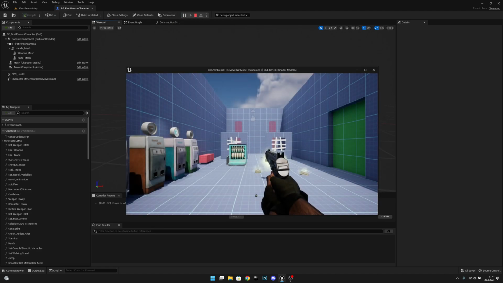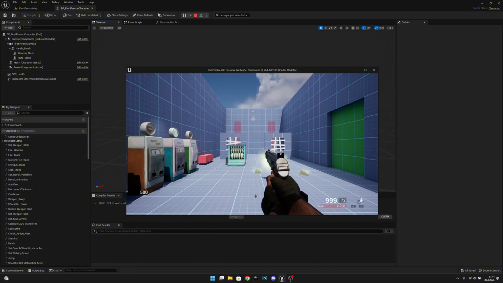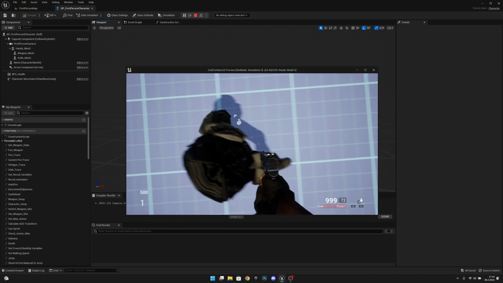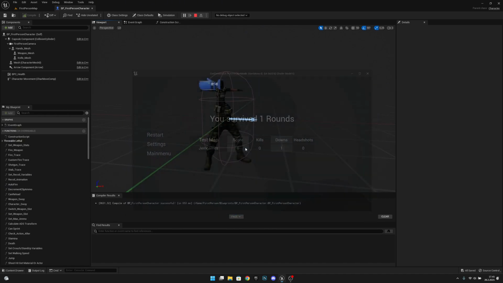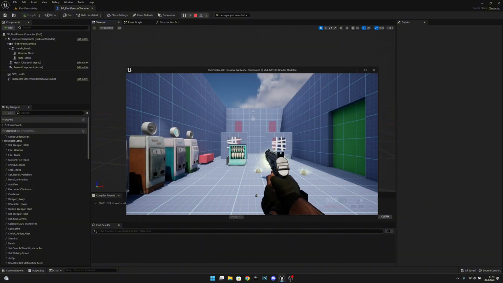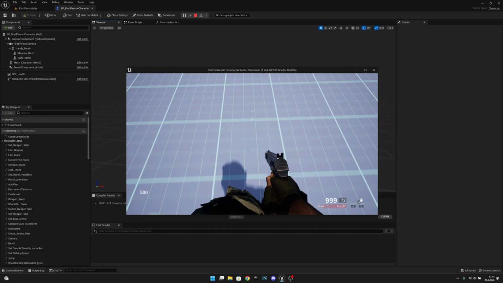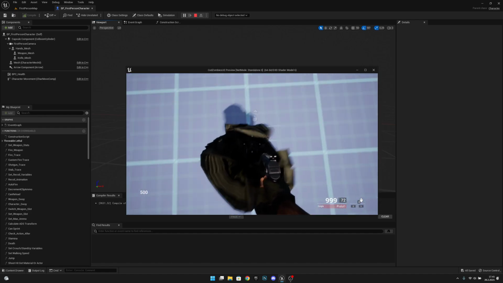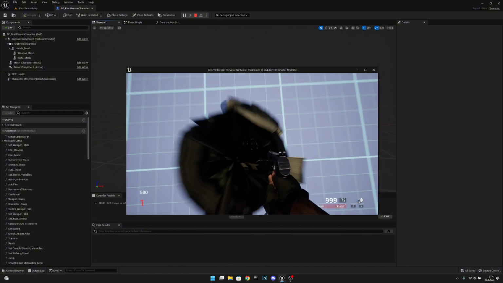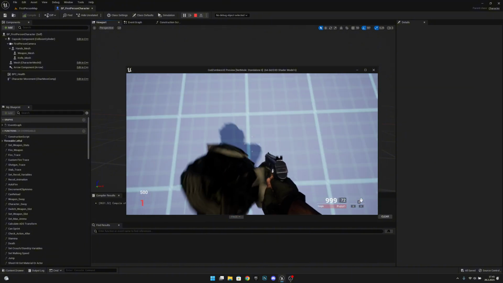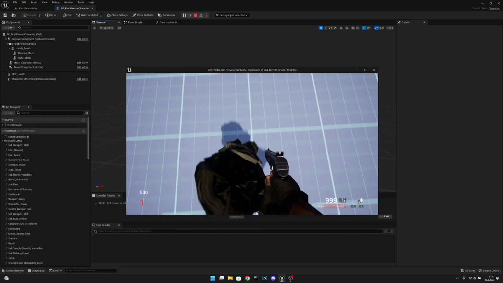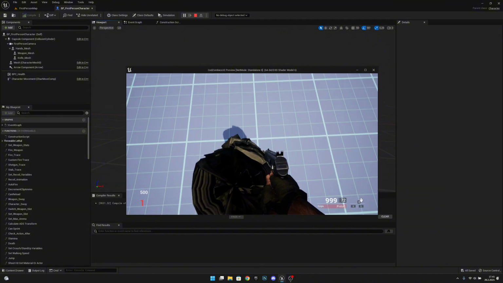It is not ready yet, but it should work. There's only one problem. We can see like this. Oh, I died. But I will show you. So we can see like this, but you can see the animations are working. But the crouch is not, because we have not set it yet. So yeah. Okay, how we can fix this